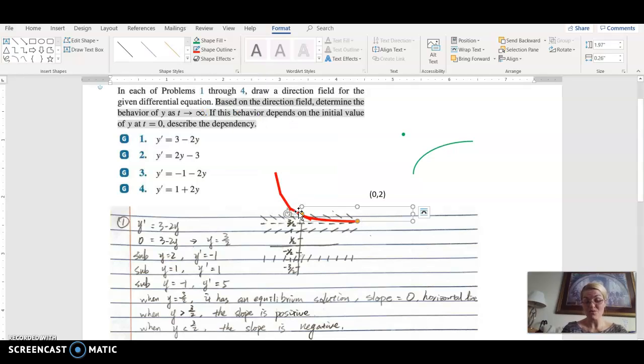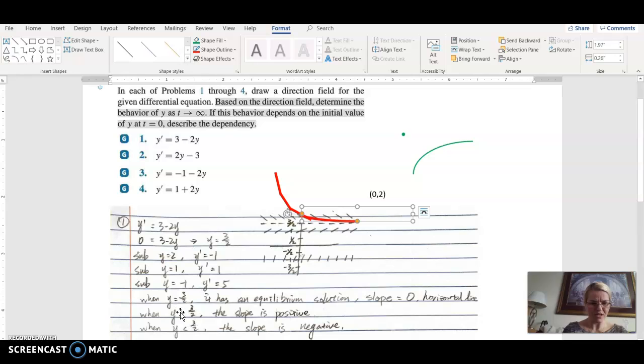This nice, what looks like an exponential curve going down, right? So if I start above my equilibrium equation, what we have very nicely here, when y is greater than 3/2, what do I mean by that? When t is 0 and y is greater than 3/2, the slope is not positive, the slope is negative, right? My slope is negative here, which means that,